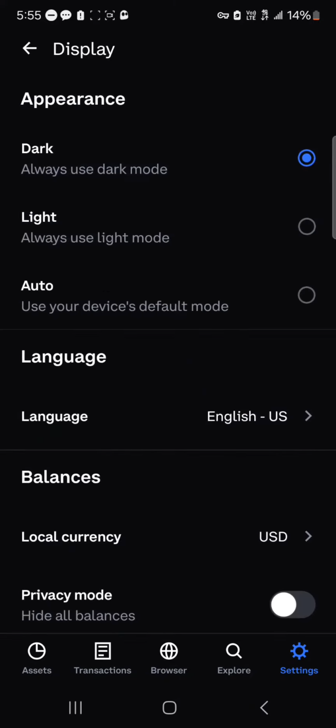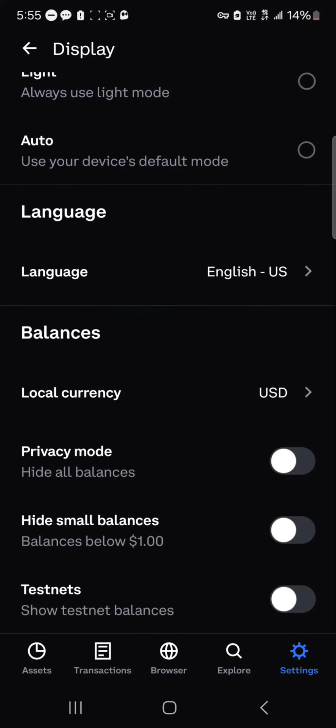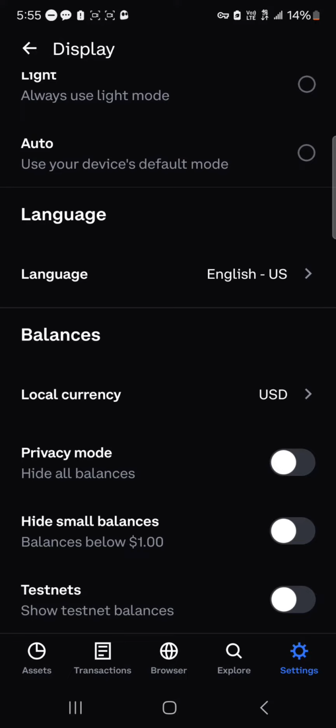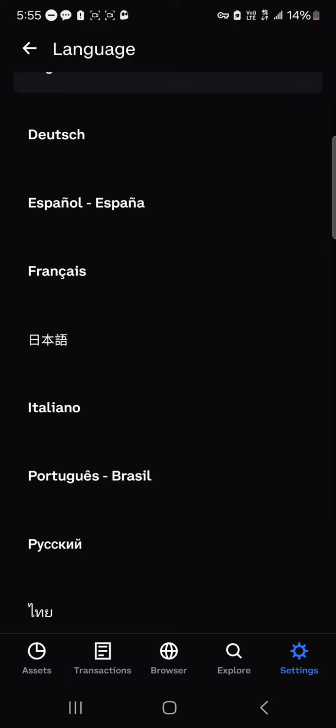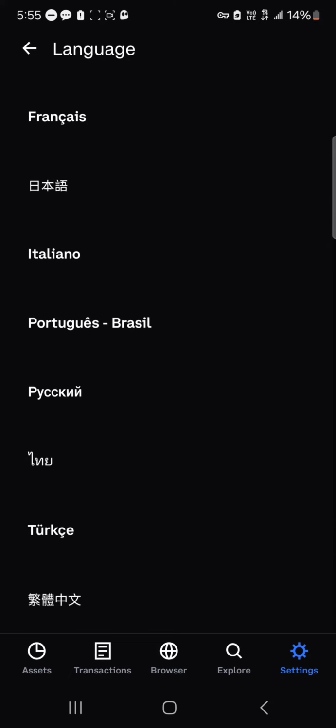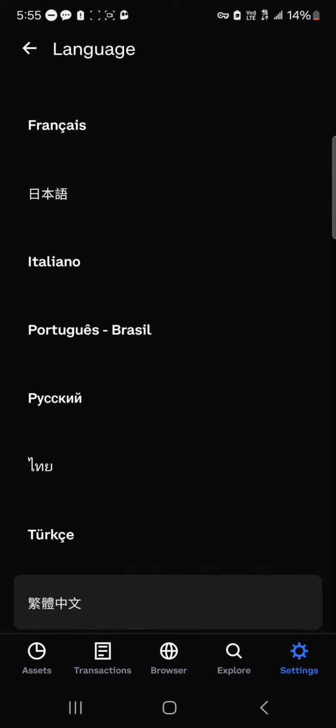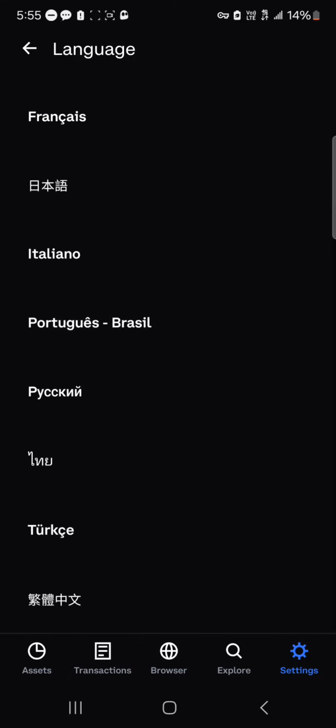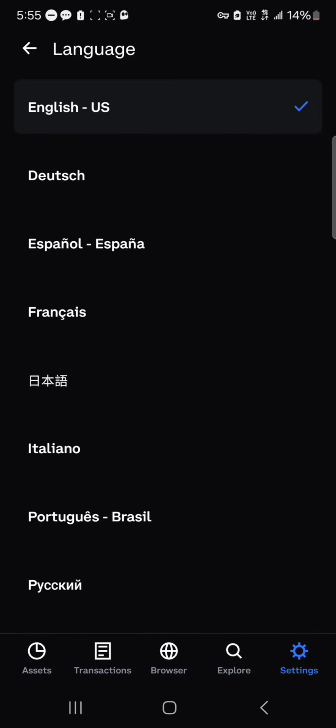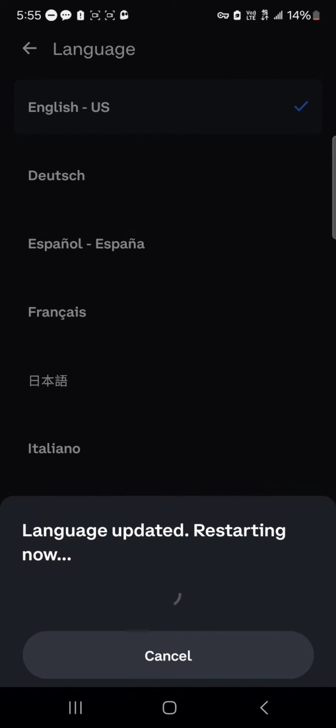So if you click on the display menu, you'd be asked whether you wish to change your language from the language that is set, which is the English US. You could change this language to Espanol, Dutch, Portuguese, Brazil, Turkey, Japanese, and so many other languages. Now, these languages are limited to your area, so you could simply set it to French, and now the language